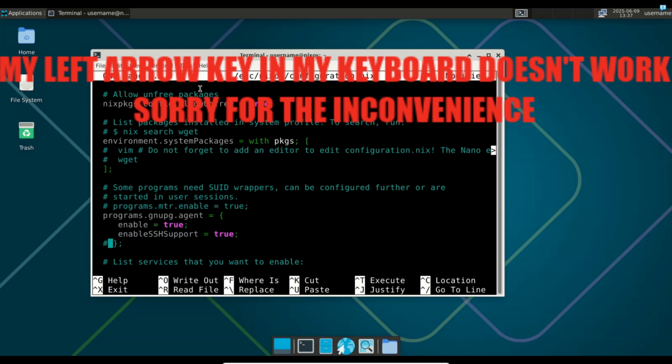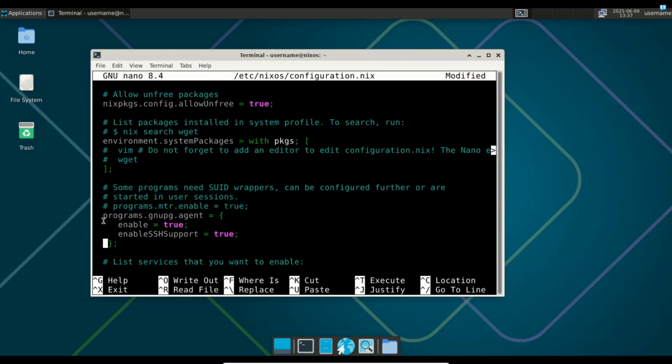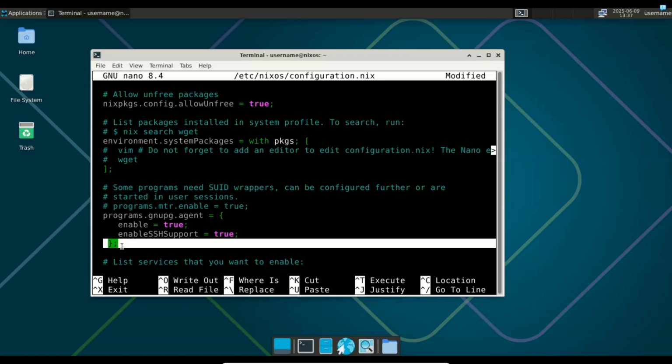Remember to uncomment from the first curly braces, I mean starting from this line up to this line, and then